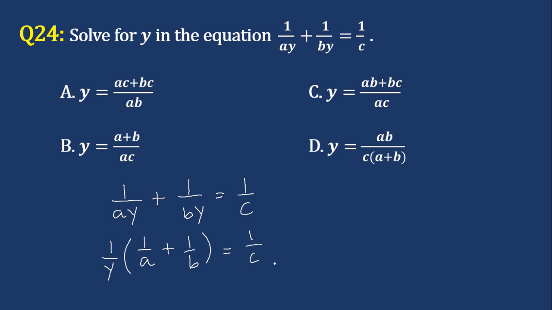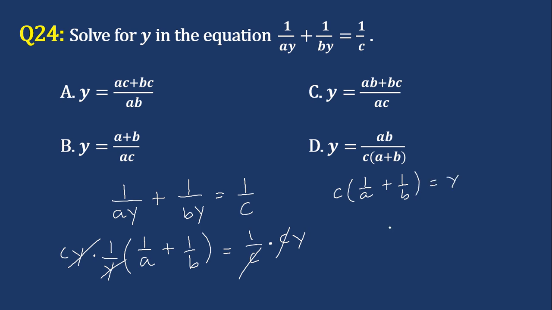And because we want to isolate y, since we are solving for y, let's multiply both sides of this equation by cy to cancel c in the right hand side and to cancel y in the left hand side. So I'm going to multiply the right hand side by cy, also the left hand side by cy. So we can cancel the y here, cancel the c here. So we're going to have c times 1 over a plus 1 over b